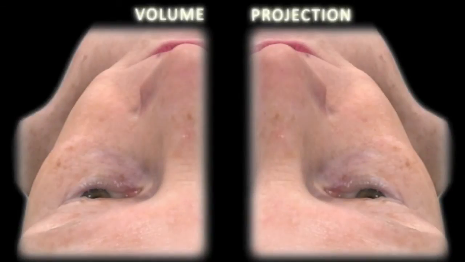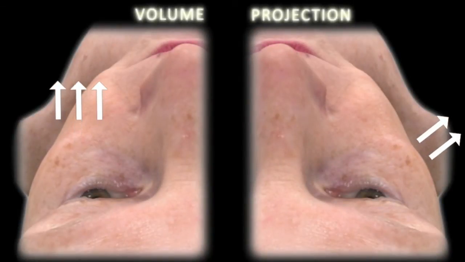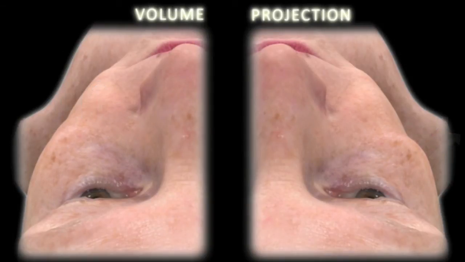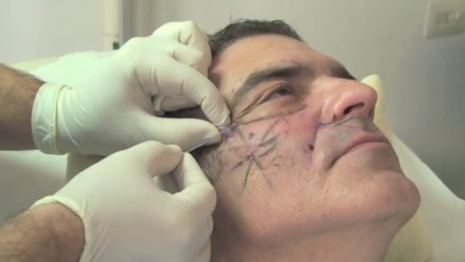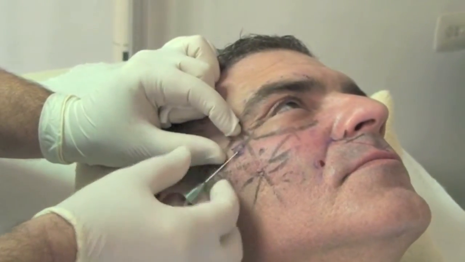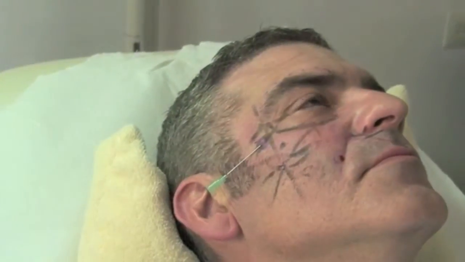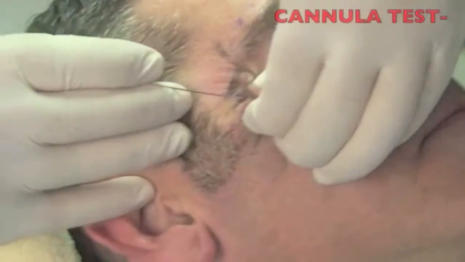Here we demonstrate conceptually the differences between projection and volumization. In this patient, we demonstrate the approach for type 3 projection. The cannula is inserted through the lateral malar insertion port. Once in the correct position,